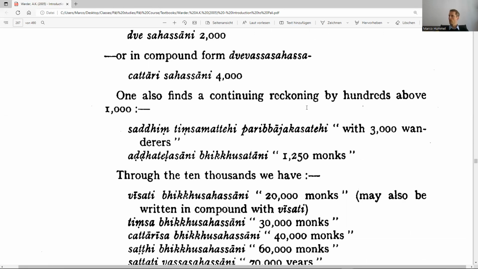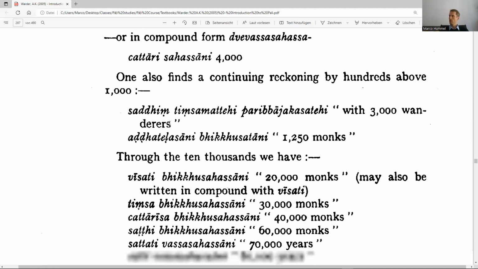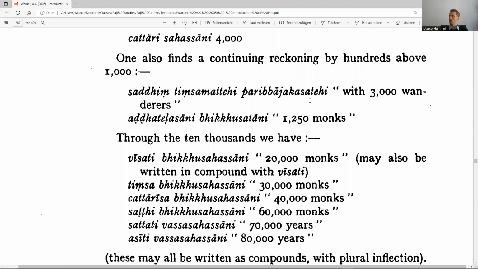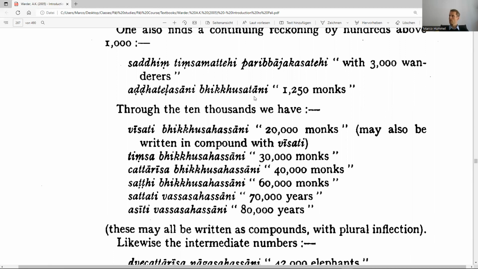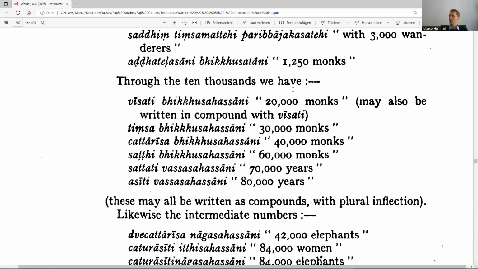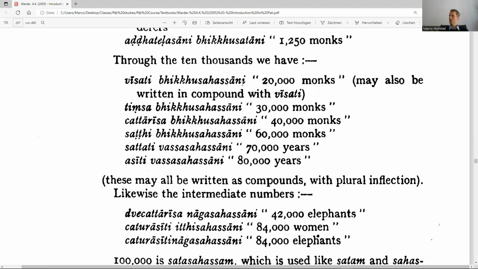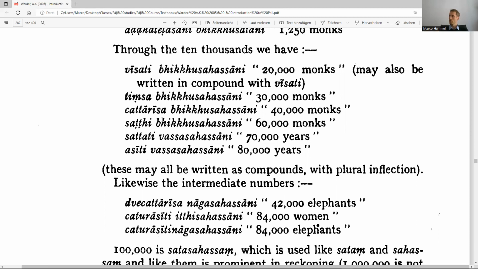One also finds a continuing reckoning by hundreds above 1000. Satting Timsa Matehi Paribachaka Saptehi, with 3000 wanderers, Attatela Sani Bhikkhu, 1250 monks. Through the 10,000s we have Visati Bhikkhu Sahasani, 20,000 monks, may also be written in compound with Visati, Timsa Bhikkhu Sahasani, 30,000 monks, Chattarisa Bhikkhu Sahasani, 40,000 monks,